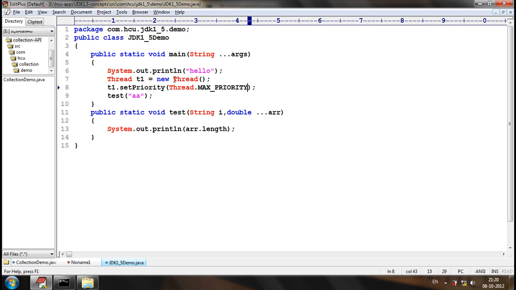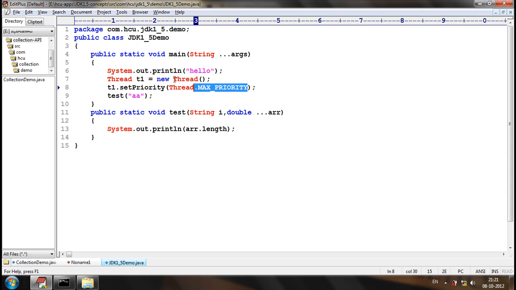Is this the way to set the priority of a thread? Forgot everything?